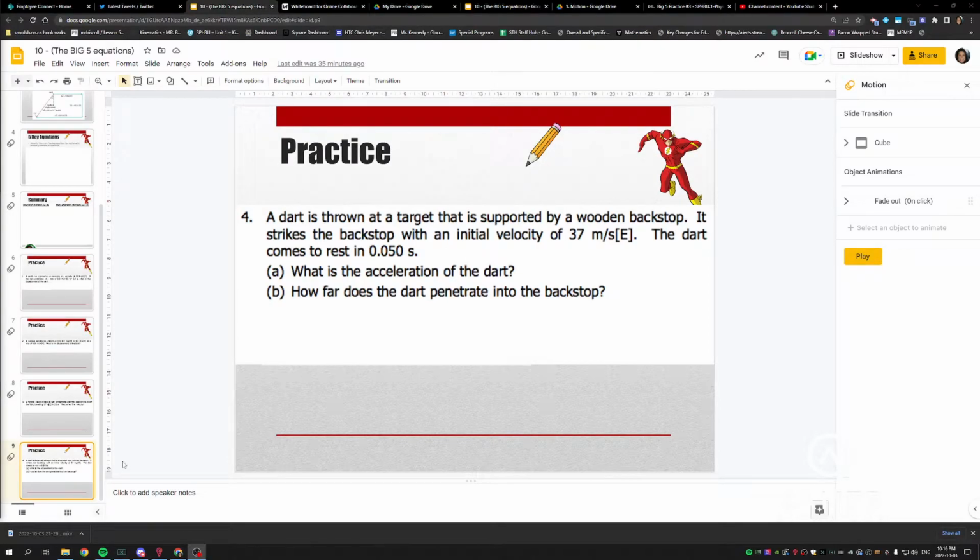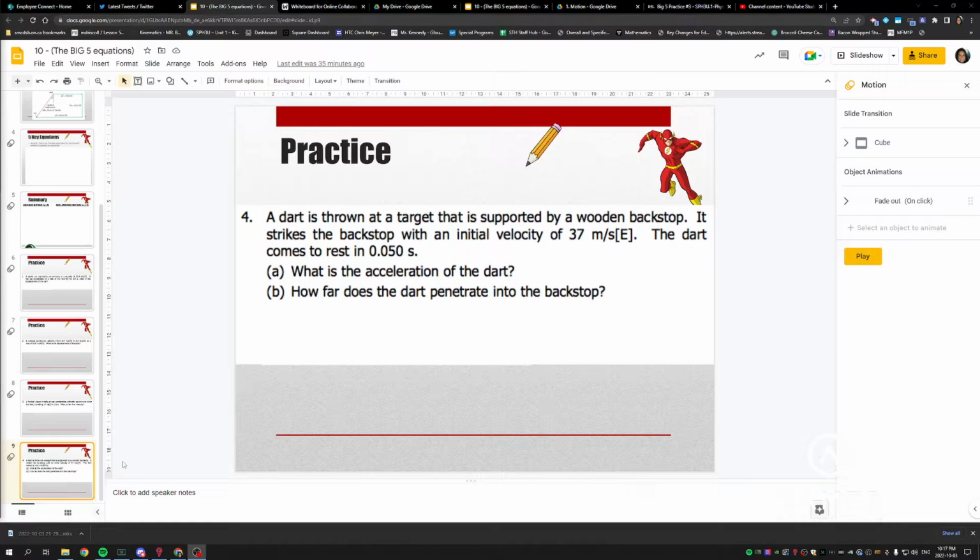Okay, so let's look at this last practice problem here. It says a dart is thrown at a target that is supported by a wooden backstop. It strikes the backstop with an initial velocity of 37 meters per second east. The dart comes to a rest in 0.05 seconds. What is the acceleration of the dart? And then in part B, it's asking us to figure out how deep that dart is actually going to stick